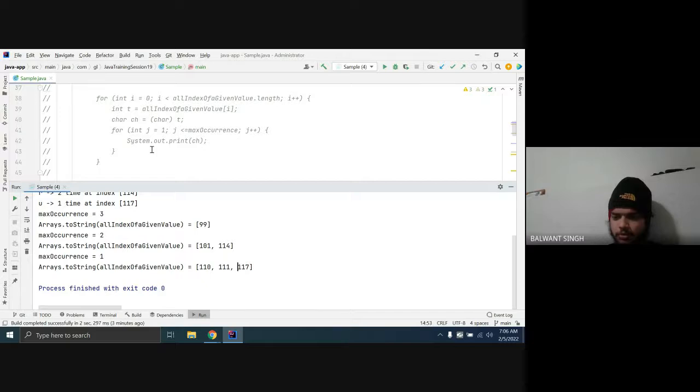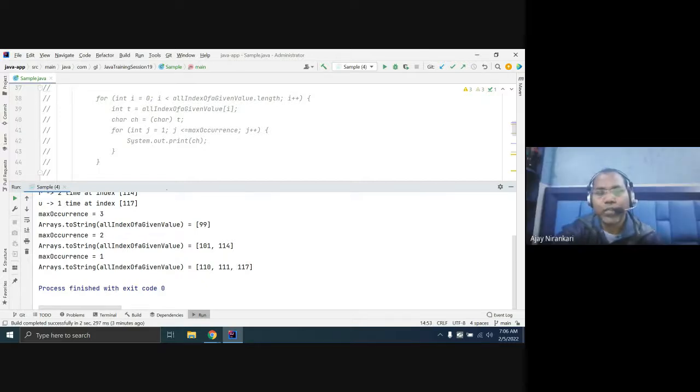No, no, sir. So whatever array you are getting, let's say you are getting this array. This loop runs 2 times. The first time you get the first character, stored at this index. In this case, it is E. How many times is E printed? E is printed 2 times because the max occurrence is 2. So this loop runs 1 to 2, and it prints your E 2 times.